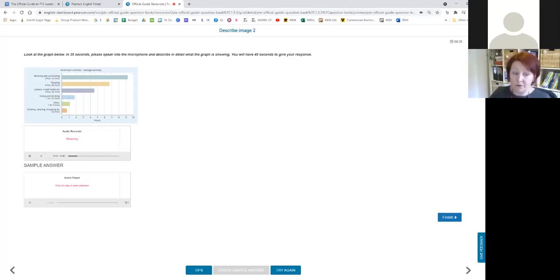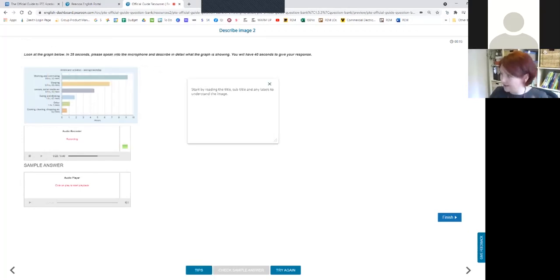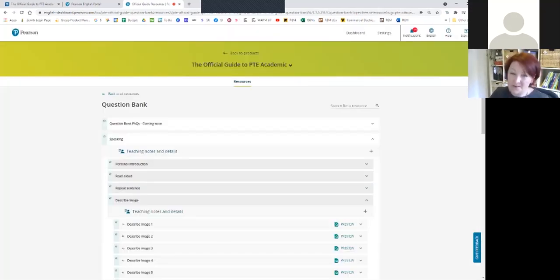So you can then listen to a native speaker sample answer at different levels. So from B1 up to C1, there's different levels that appear. And you can compare that to the answer that you gave as many times as you want to. You get tips. So for each task type and task, you get a different tip to help you. And then if you're not satisfied, you can always press the try again button and start again. Or you can go back to the menu and try something else. So really, really nice. I'm not going to go through lots of different task types because it's quite time consuming.